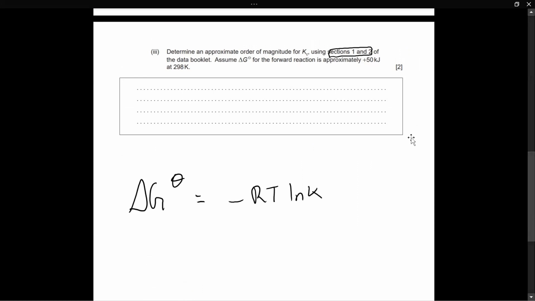Now, what on earth is this? What is this funky looking equation? What are these letters? What does it stand for? Let me tell you. Basically, if you want to calculate delta G